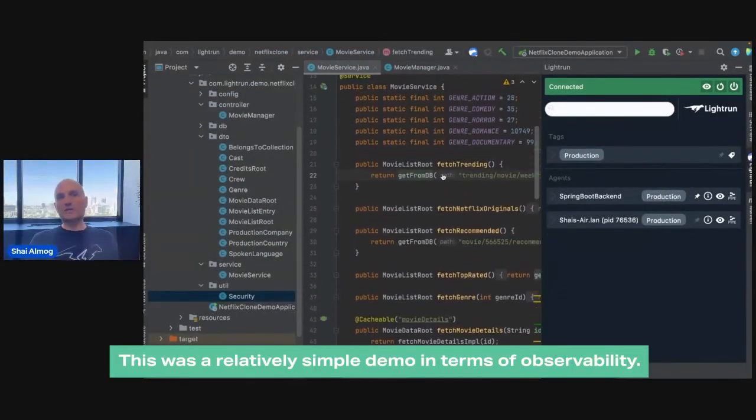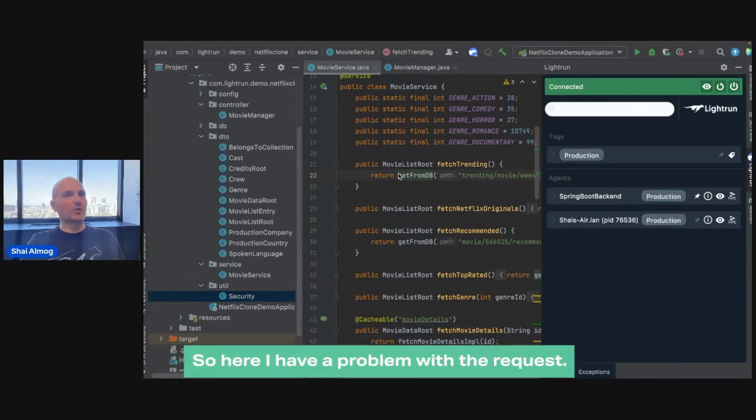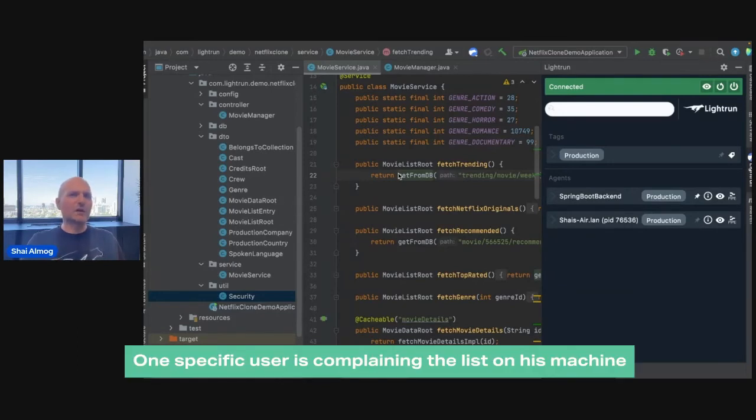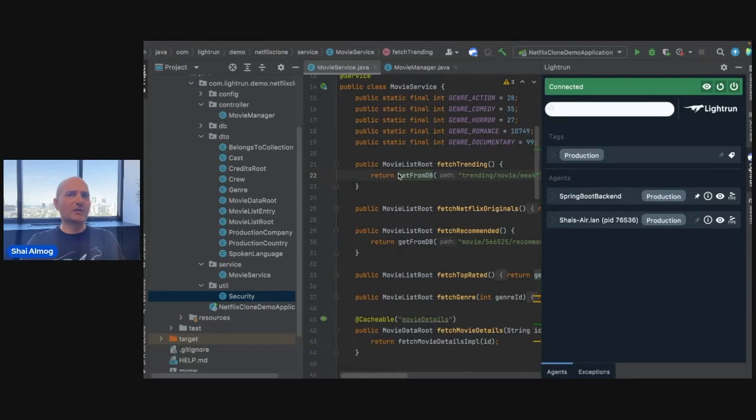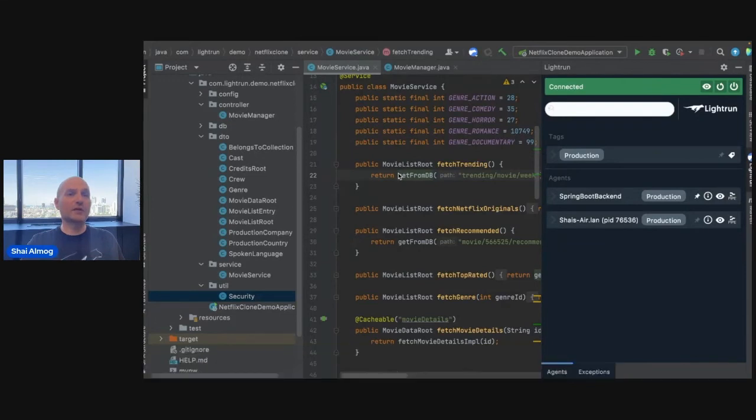This was a relatively simple demo in terms of observability. Let's up the ante a bit and talk about user-specific problems. So here I have a problem with the request. One specific user is complaining that the list on his machine doesn't match the list that his peers are getting.